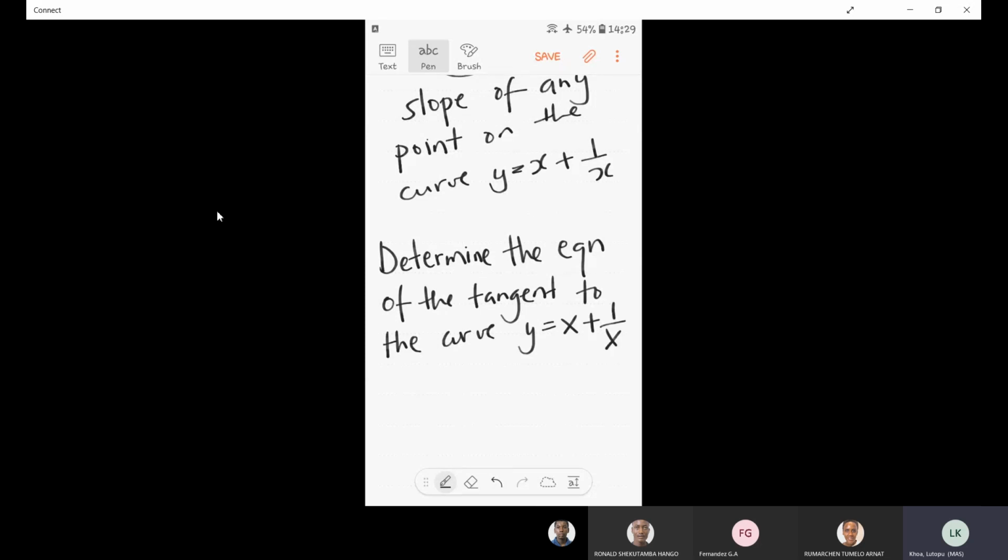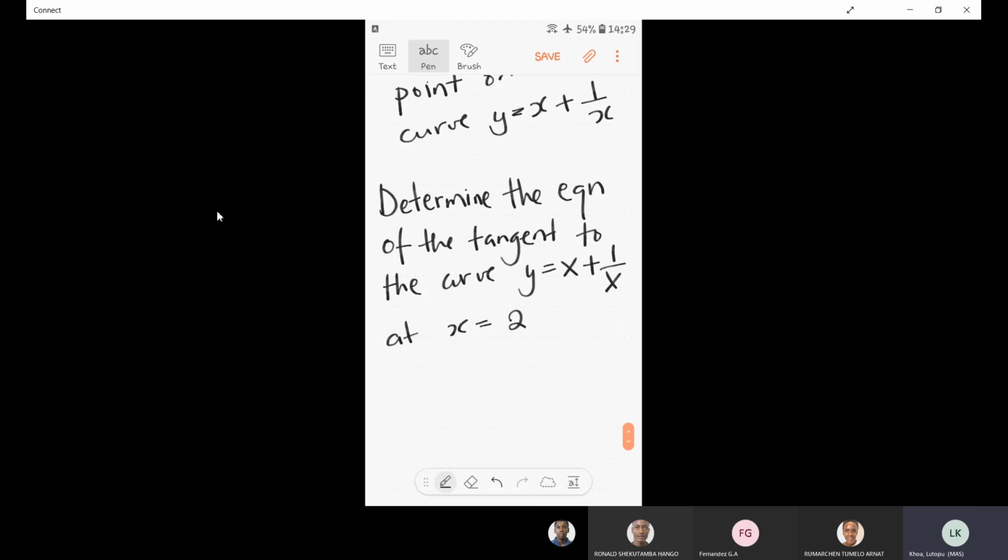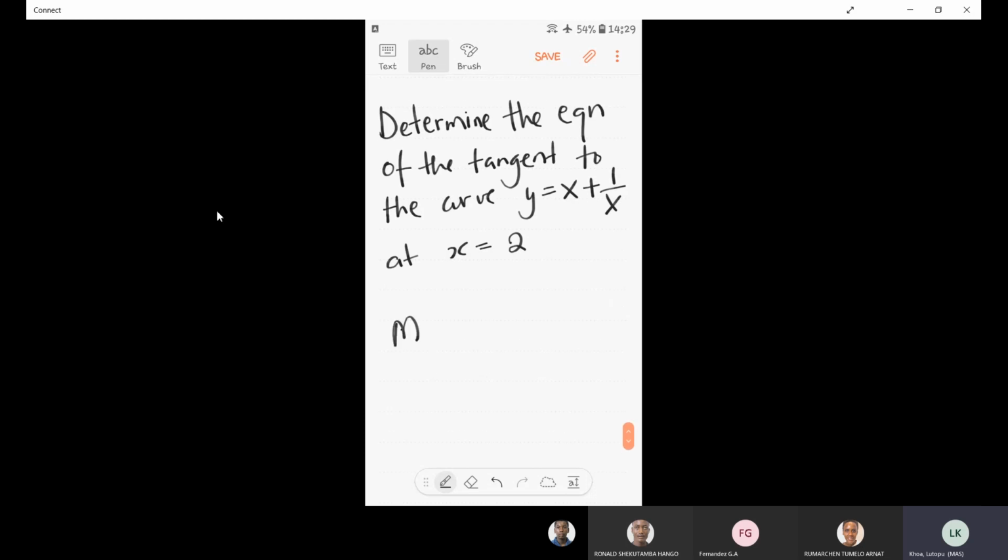x plus 1 over x at the point x is equal to 2. Now what you should know is that the gradient of the tangent is equal to the gradient at the point of tangency. So if I know the gradient at x is equal to 2, then the gradient will be the same for the tangent. And a tangent is a line that intersects the graph only at one